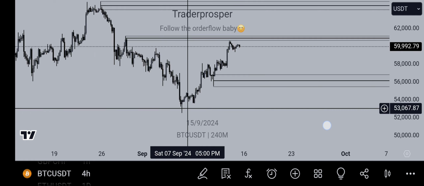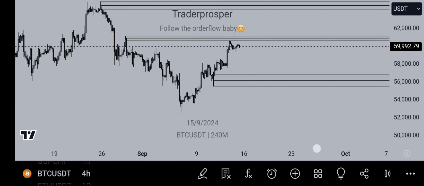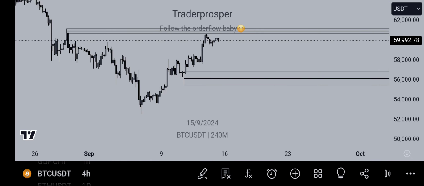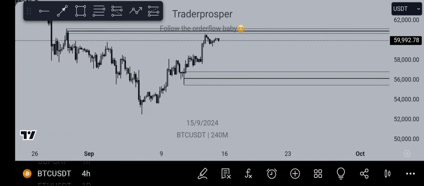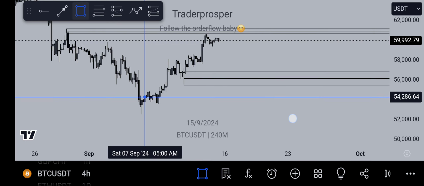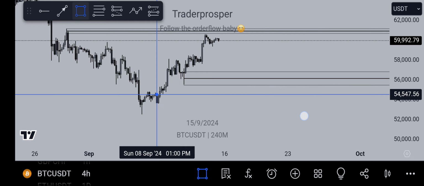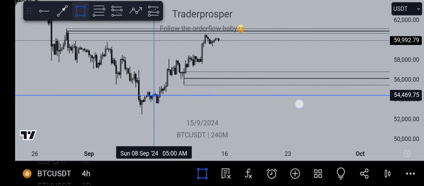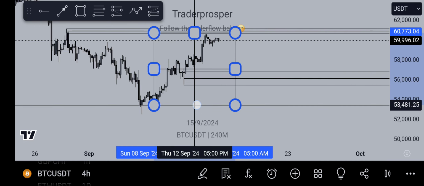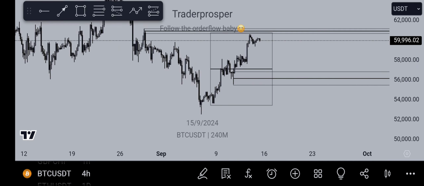Monday. Okay. On Sunday, while we were doing the analysis, we started from here. Okay, where is my drawing tools? Okay, we started all the way from Sunday. So let's start from here to here. So this is all the stuff we are going to be looking at. So on Sunday,